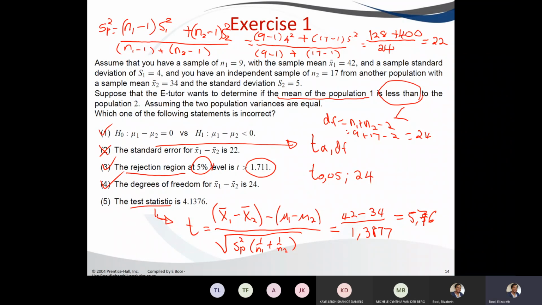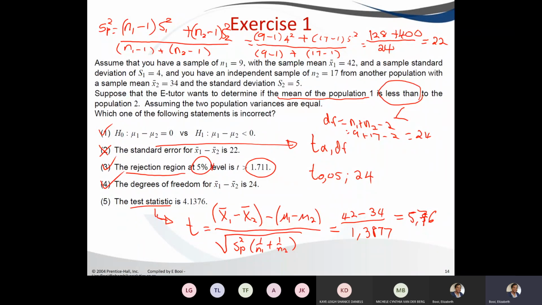Am I doing something wrong here? 22 times 0.1111 plus 0.0588. Take the square root of the answer, and I get